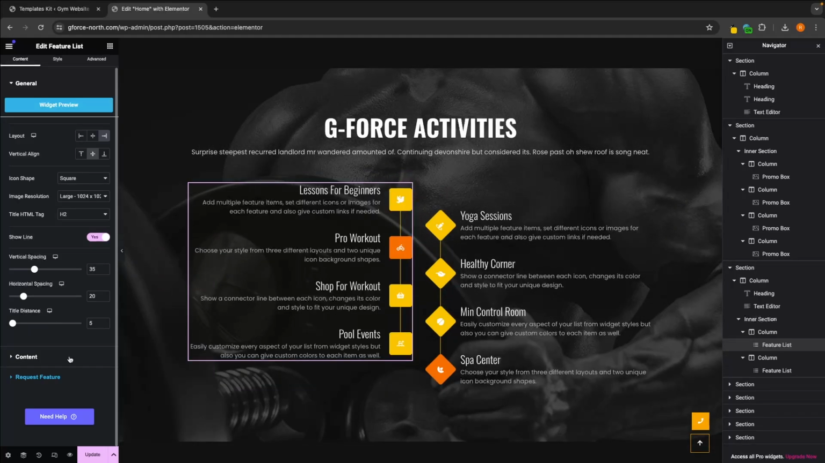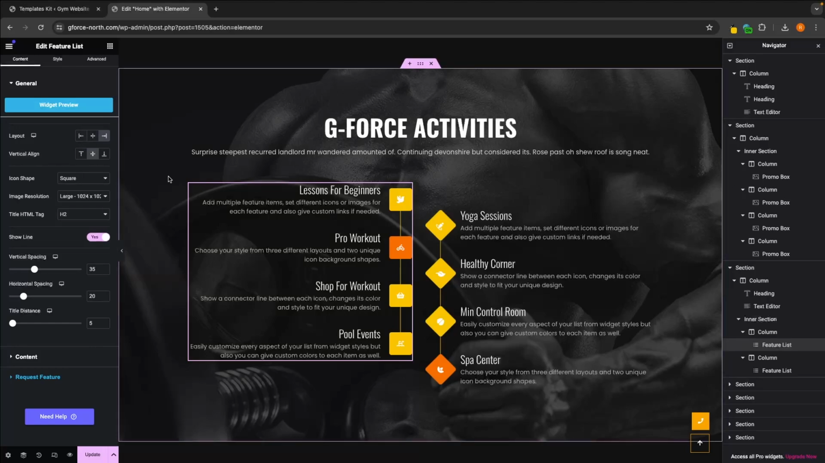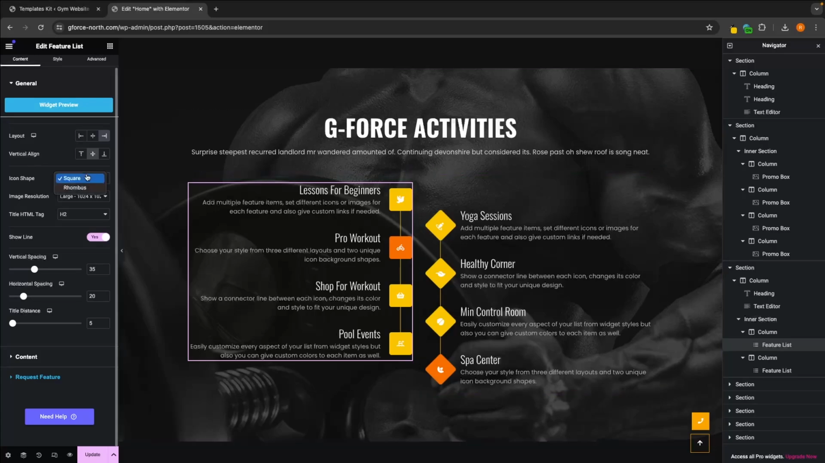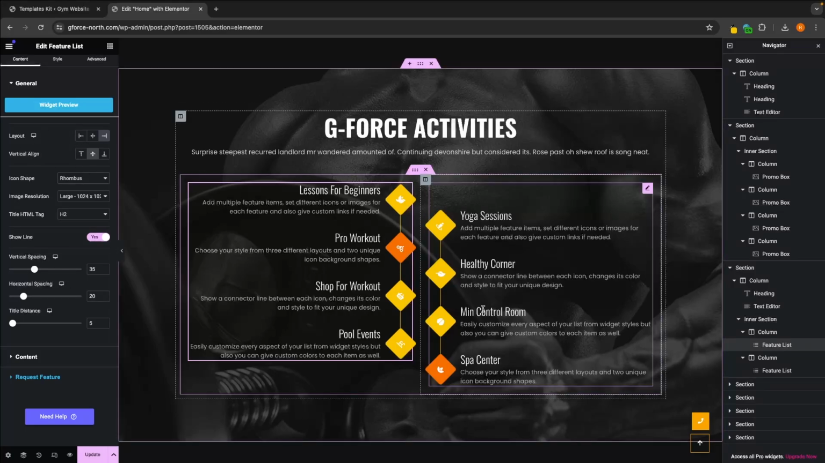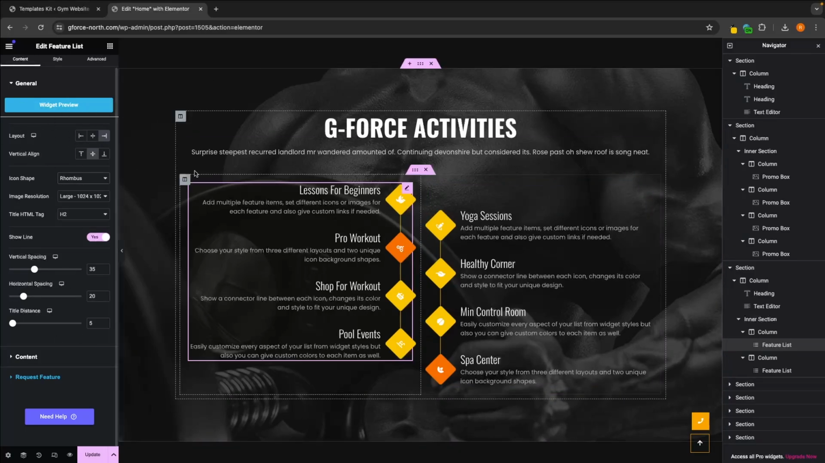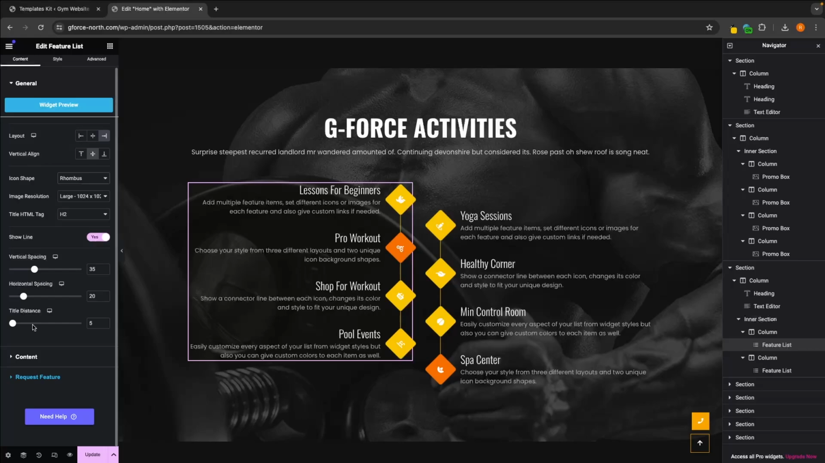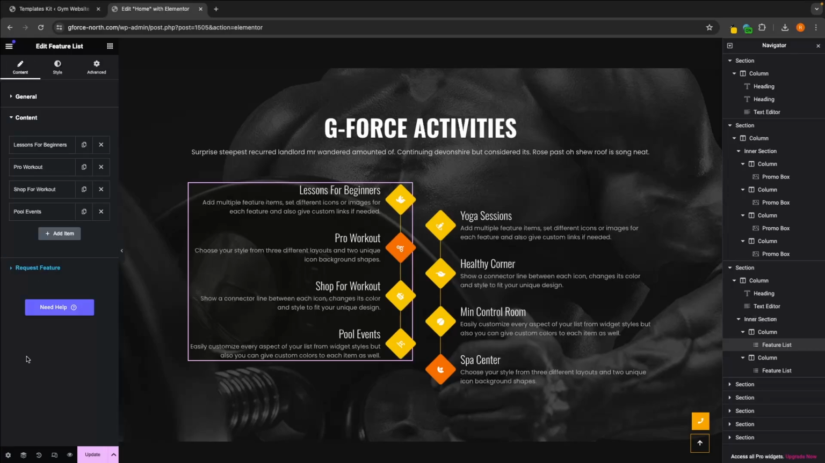By the way, I probably should have mentioned this earlier, but if you do need to go back, then you can use Command Z or Control Z on your keyboard, depending if you are on Mac or PC. But let me just change these back to rhombus. Perfect. So that is the general layout right there. You can use this section to do so. But most importantly, we can open this content box,